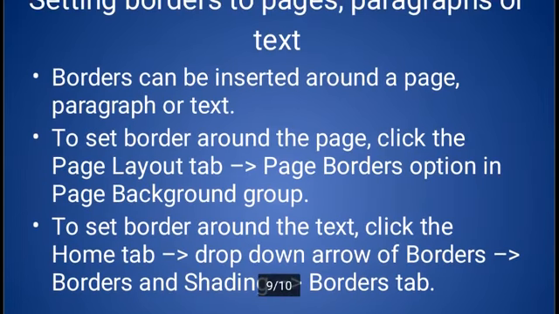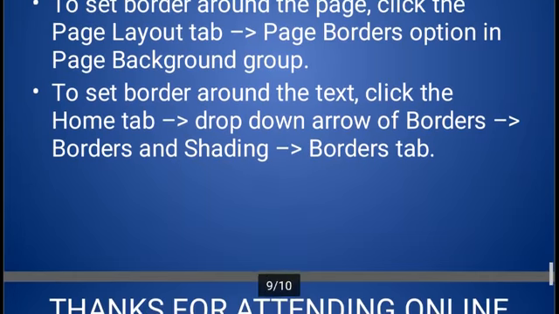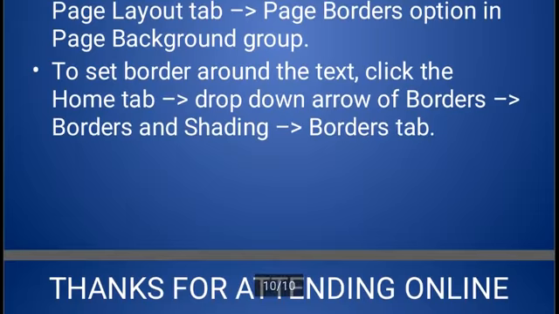Suppose you have already typed a single page, letter or application, and after typing your data you can put a border surrounding your page. Or it may be possible you can put a border surrounding your paragraph or a single text. A rectangle shape design will appear either on your page, your paragraph or a single word. You can also provide shading, we will discuss that later.